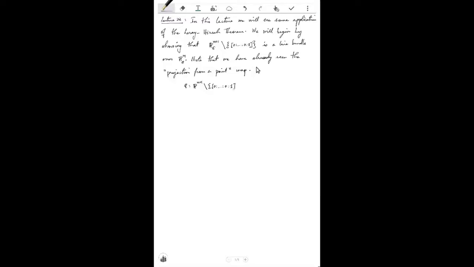So this is complex. So note that we have already seen the projection from a point map. So that's denoted by phi. It is given by